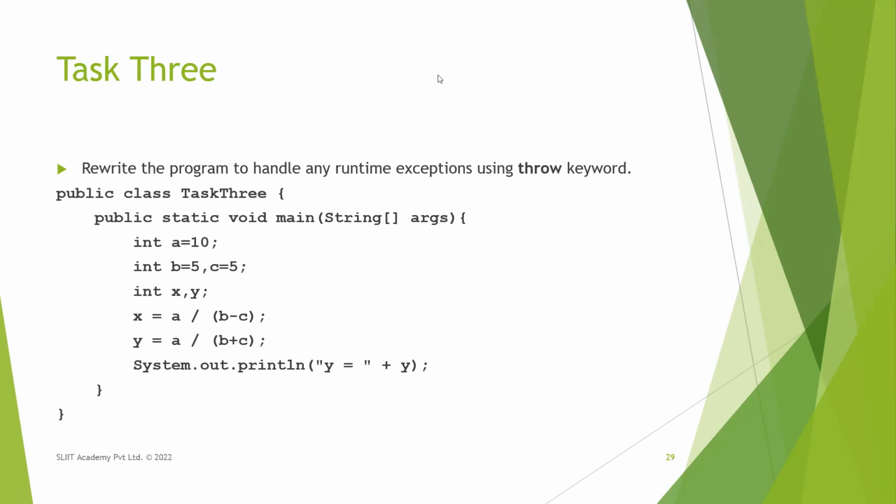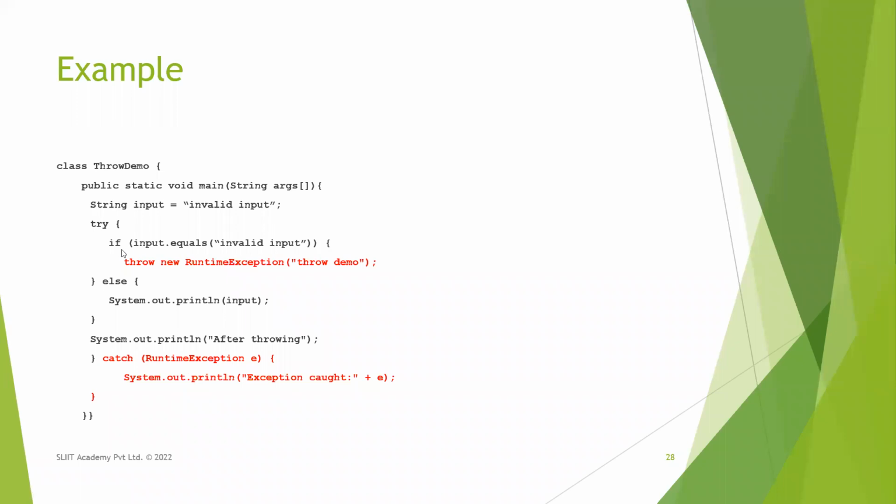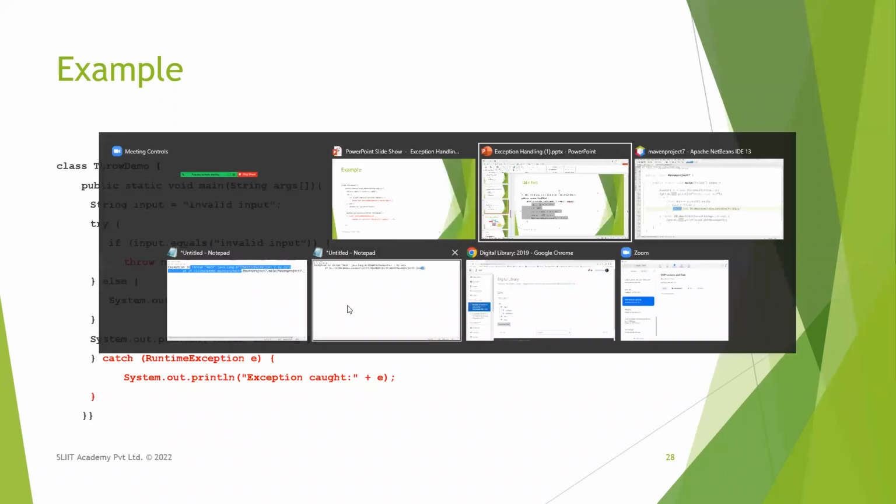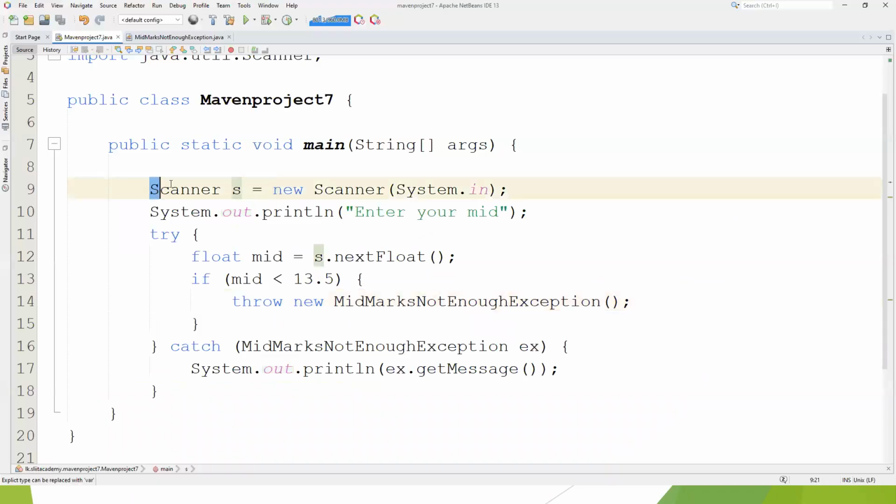Yeah. So what I did is like this, right? You can write an if condition for the logic that you want to have. Here, I just took the marks of your midterm. You can ask the user to enter their mid marks. So once you get the mid marks, the rule is like if your marks are less than 13.5, you